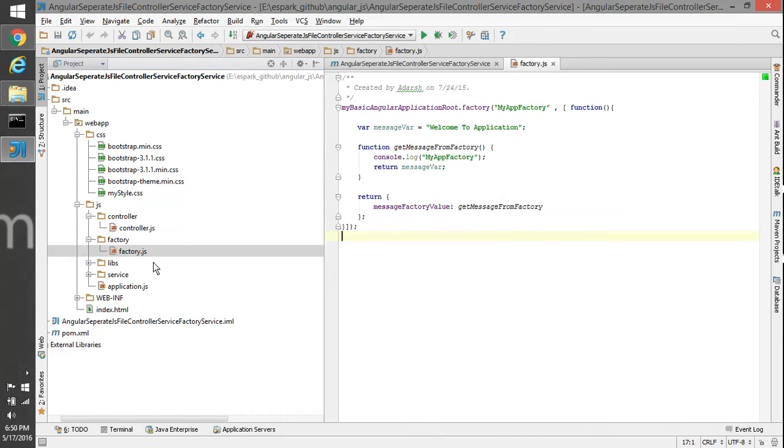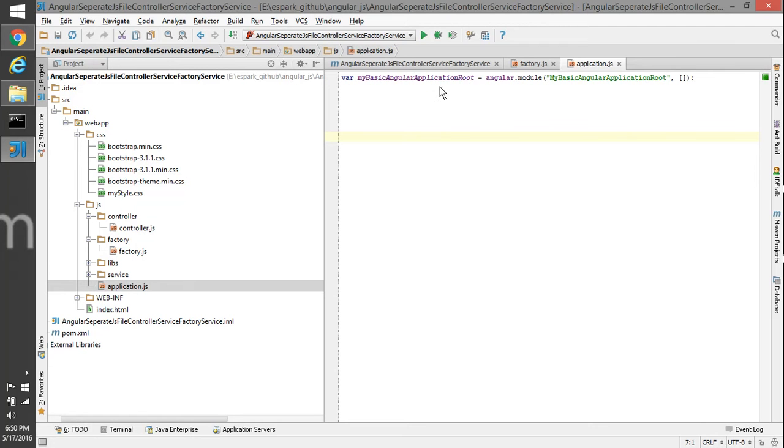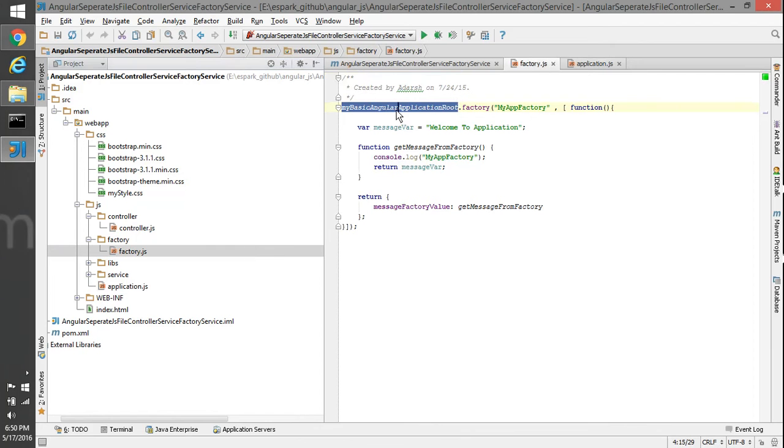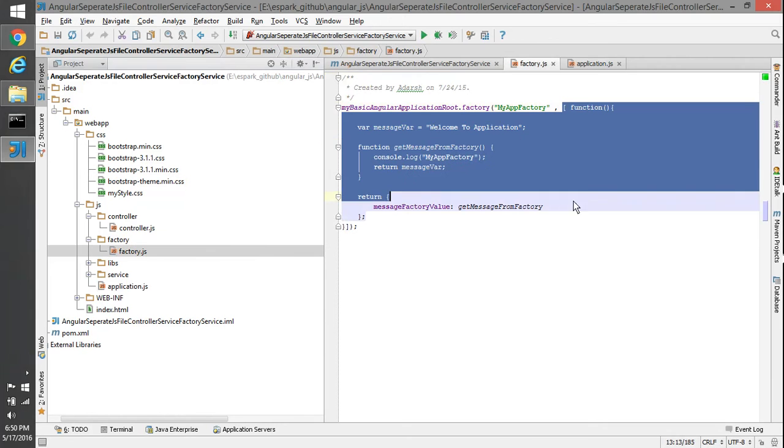where we have created a factory. So first of all, in the application.js file, we have defined a module with the help of angular.module, and we have passed the module name, and it doesn't require any dependency, so this will be empty. And the reference for this module has been saved in this variable, and this variable is gonna be shared across all the files. Once we see the factory, that variable name dot factory, passing the factory name, and we have declared a function here.